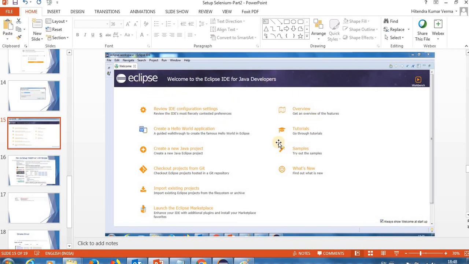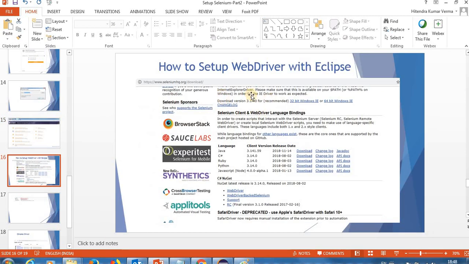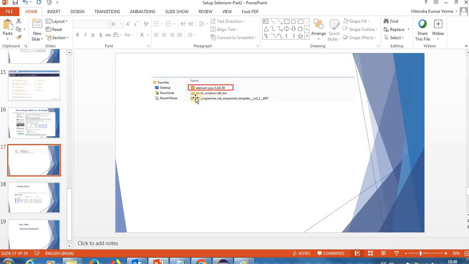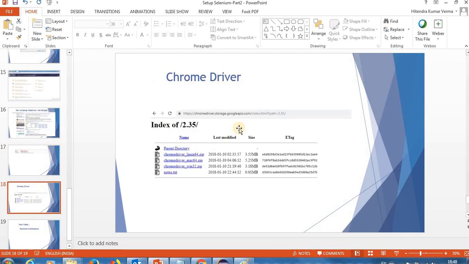So here this is the welcome screen, so you can close it from here. So this is the language bindings for Selenium in Java. You can download this Java language binding from here. The download link is there, so you can download the Selenium Java library from here. So here we go. I have downloaded Selenium Java,